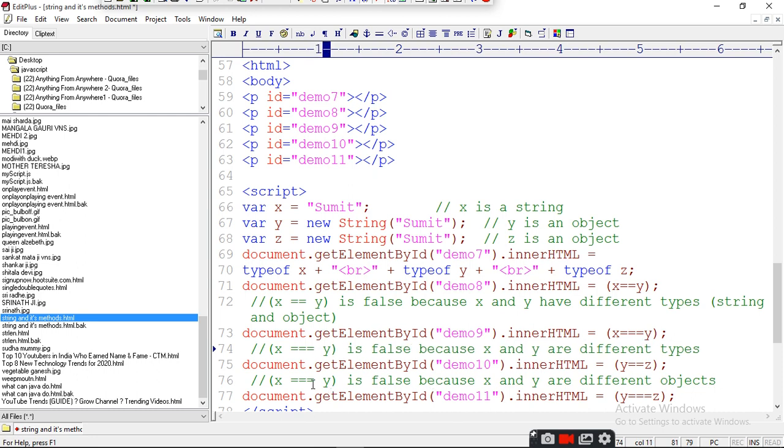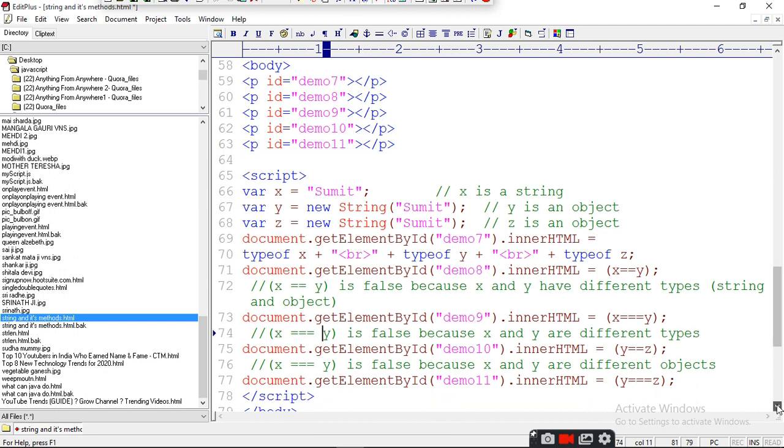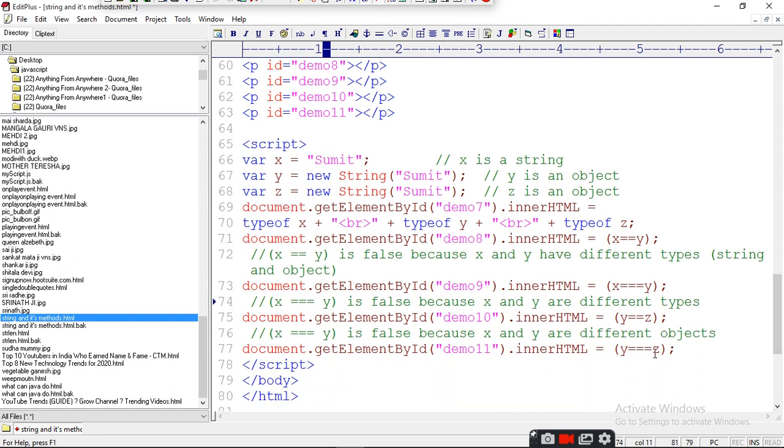Now next, when you compare y and z, both are objects, so it should be equal, but two objects cannot be compared. So when you compare y and z, it won't give you true, it will give you false. Even if you use the exact comparison with both objects, it will give false. Two different objects cannot be equal. So y equals z cannot be equal and it is false.